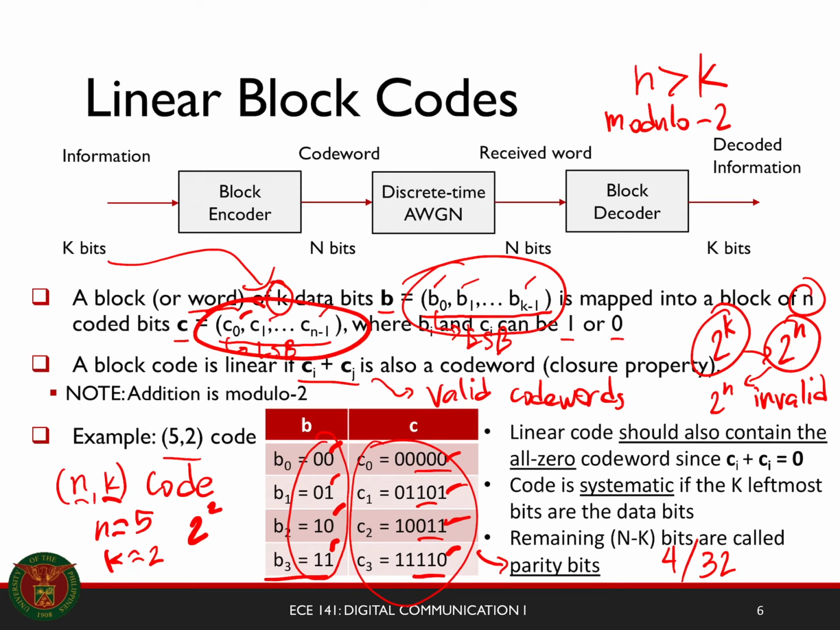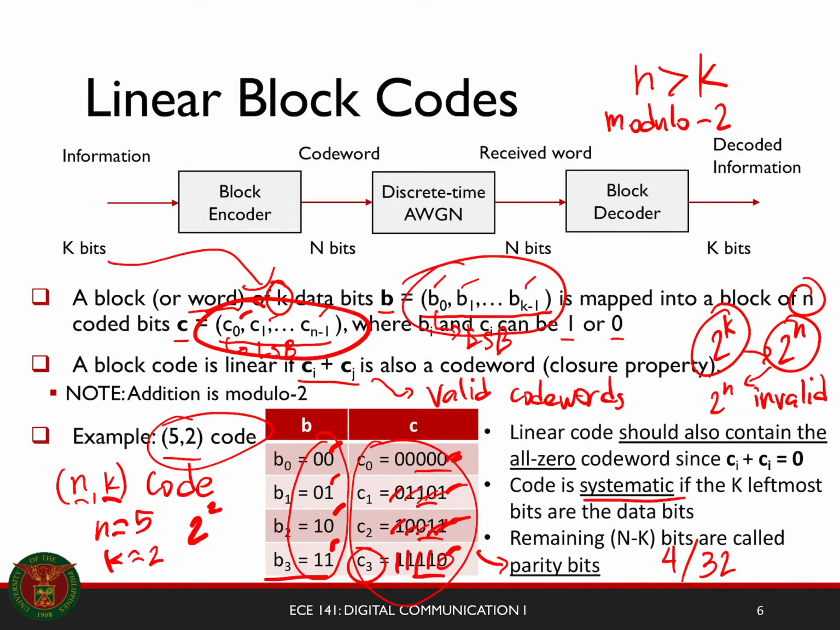So 0 plus 1 is 1, 1 plus 0 is 1, 0 plus 1 is 1, 1 plus 1 is 0. If you add C1 and C2, it will result in C3. If you try some other combination, you will see that they just end up within the set of your valid code words, which makes this 5-2 code, as an example,